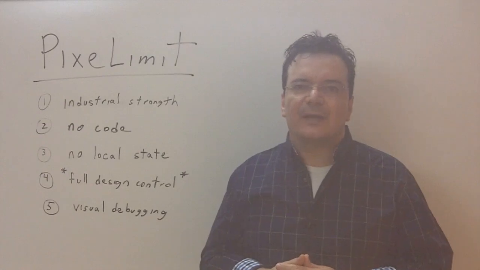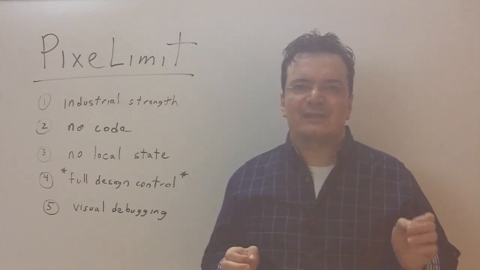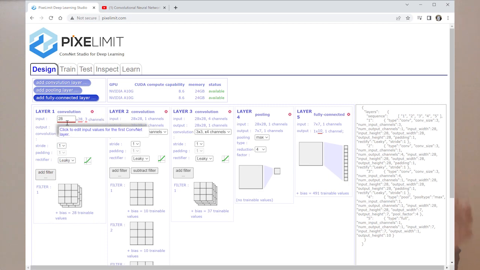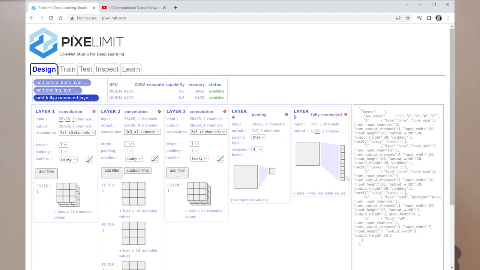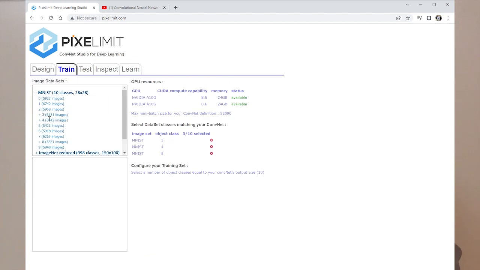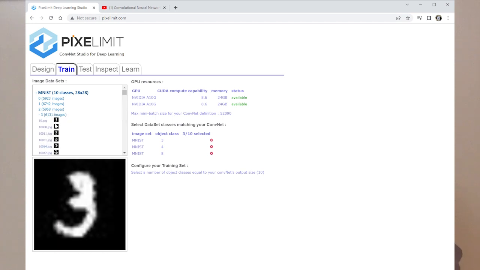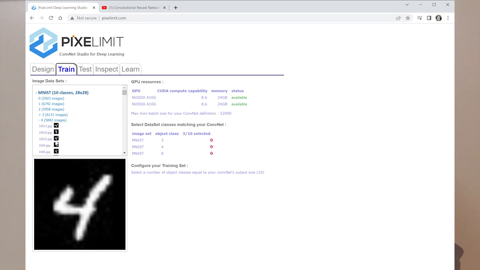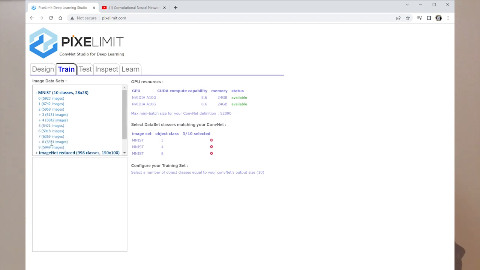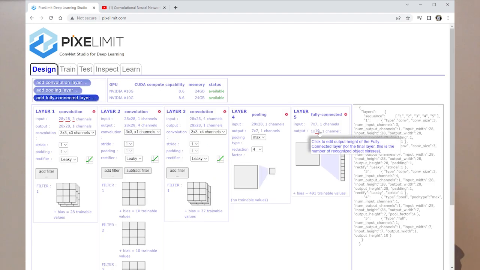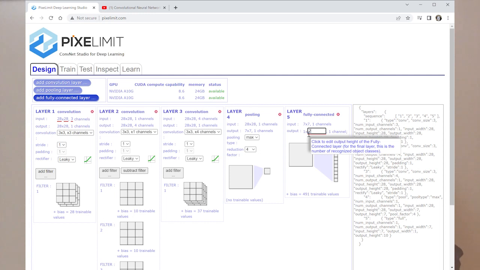After constructing your ConvNet, make sure the input size matches the size of your intended image set, and make sure the output size is the number of object classes to be recognized. For our example, we'll use the MNIST dataset of handwritten digits. MNIST is famous as the basis for the post office's handwriting recognition of zip codes. MNIST has 10 classes for the digits 0 through 9. So if we were doing the full MNIST exercise, we would configure an output size of 10. For this example, we'll just set an output size of 2 and teach our ConvNet to distinguish between two digits,